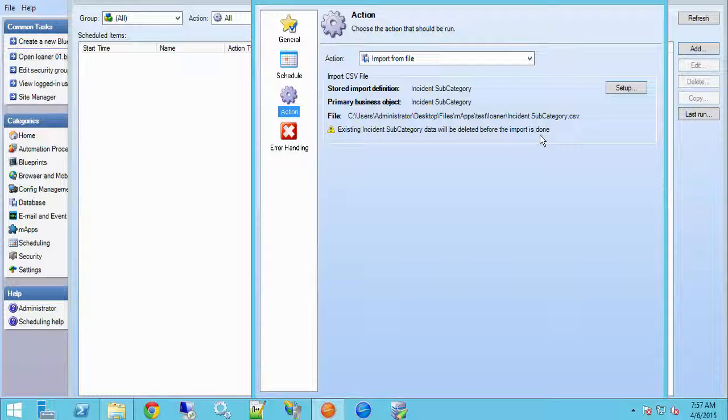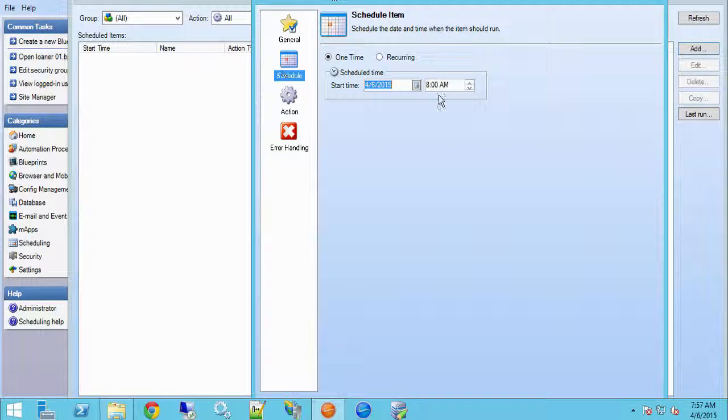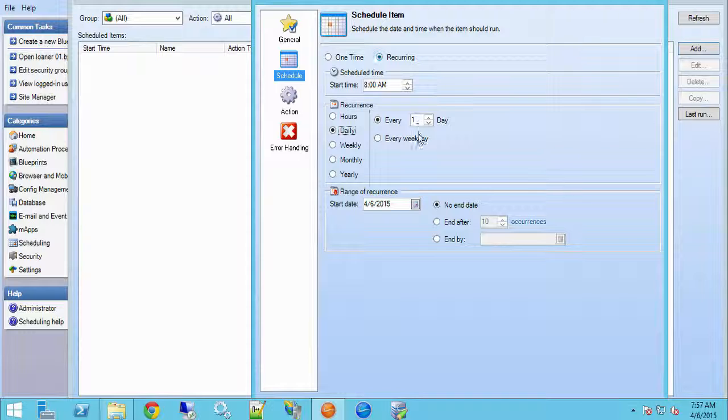Now, if I did not check that box before to delete the table data, you could also do an import and kind of append data to the table. But this is going to be a straight up replace. So now I can run this on a schedule. I can recur it, and we can run it daily at, I don't know, we can run it every weekday